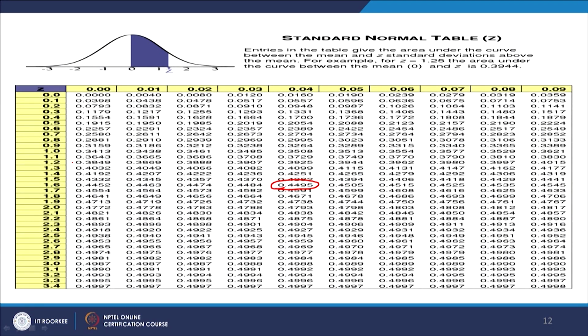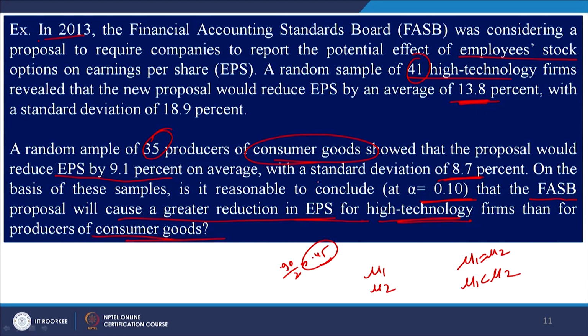So, let us look at what is there, 1.2, 1.28, yeah. In fact, this is the one tail test. Had it been a two tail test, this would have been the value of z, but since this is a case of one tail test, which is again a left tail test,